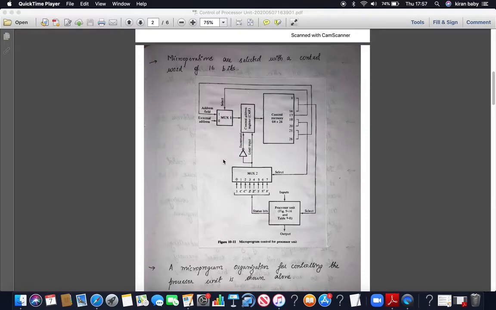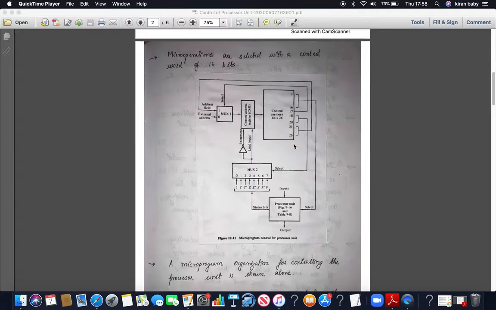All these micro operations should be stored inside the control memory, so our control memory should be large enough to incorporate them. That is the reason why the control memory is of size 64 by 26, which means that this control memory can incorporate 64 words and each word is of 26 bits.